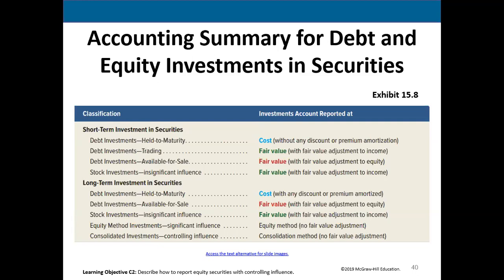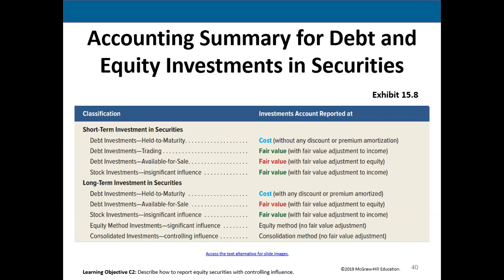When it comes to equity investments, it's the amount of ownership that determines what category the investment falls in. So if we own less than 20% of the voting stock, we're an insignificant influence. Those securities are valued at fair value at the end of the year, and the difference between fair value and what we paid for them is reported as unrealized gain or loss in